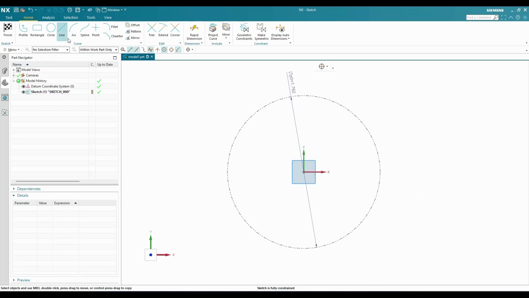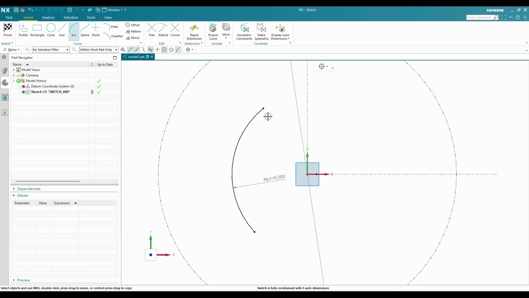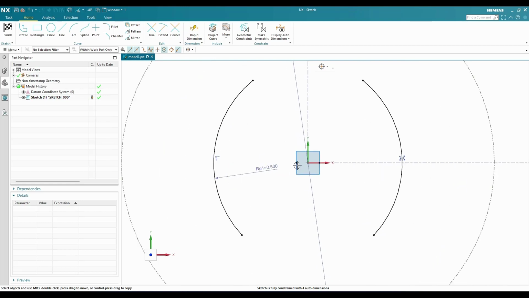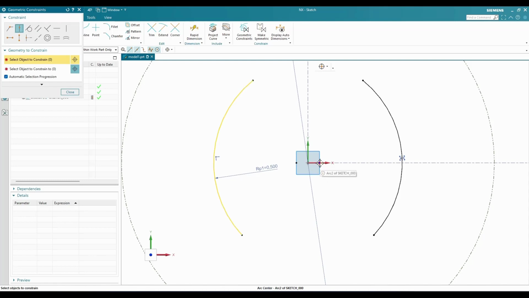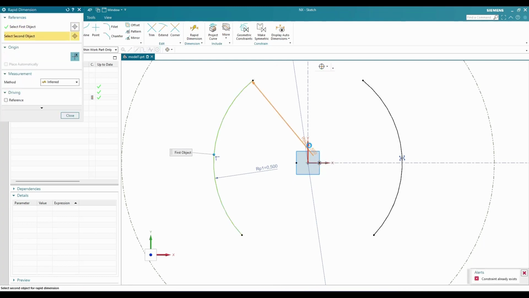Okay. So now I'm going to draw an arc here. This arc with a 0.5 radius. And the same arc we need on the right side. So I'll go to mirror and select this curve. My center line will be this. Then you can see this point should lie on this x-axis. So press C and this point should be on this x-axis. You can just click OK, and there is a distance between this point and the axis, so press D, rapid dimensions. From this point to this point it is